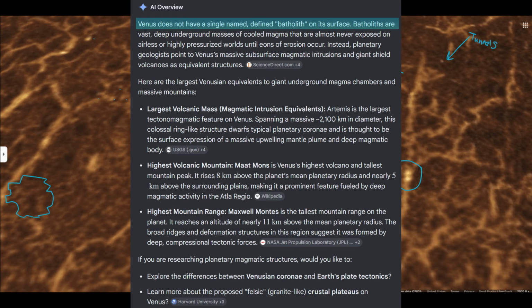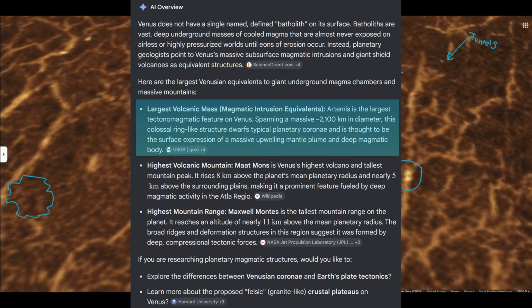Welcome. Venus does not have a single named defined batholith on its surface. Okay, we're not going to read all that, but basically you can see we got some sources here, and it says the largest volcanic mass magmatic intrusion equivalent is Artemis. Artemis is the largest tectonomagmatic feature on Venus, spanning a massive,